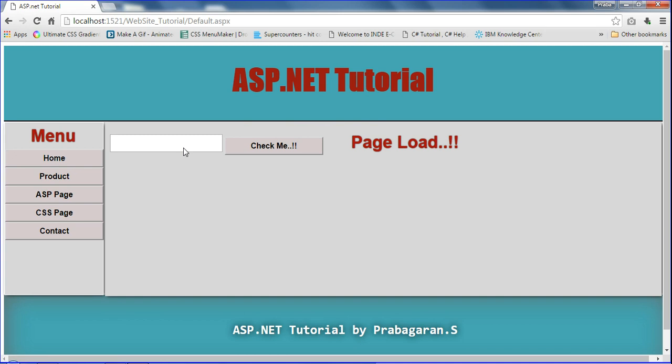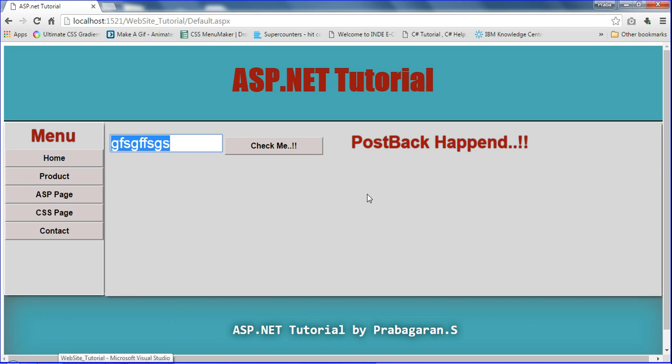So I got this text box. Now I am going to declare anything here, and then click the button, and it will automatically go to some other page. So this detail goes from this page to another place. How to do it? By using query string. By using this query string we can control the database. Without query string we can't control the database. So I am going to tell about this concept.